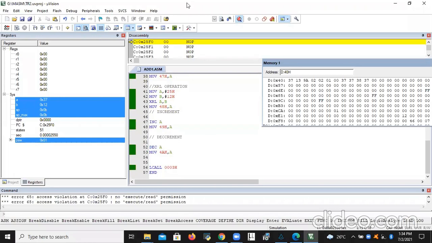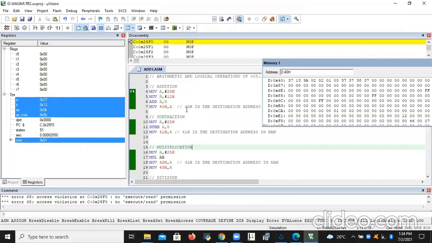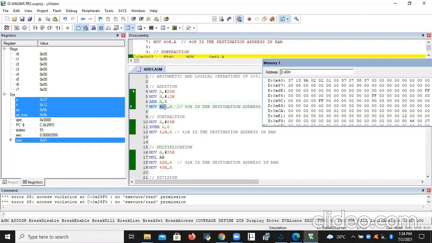Clear? Any doubts? If anybody has any doubt in saving the data in the memory, please ask.